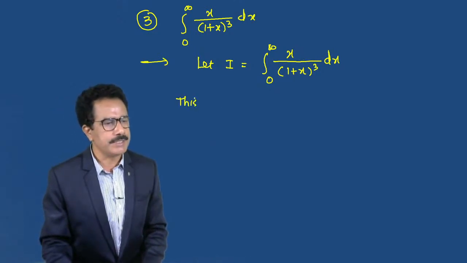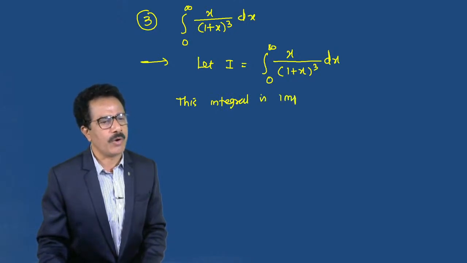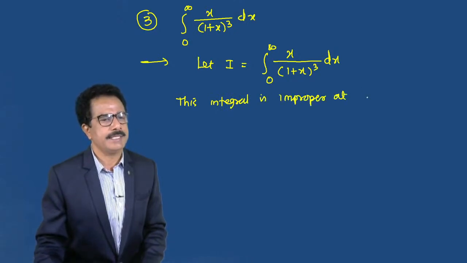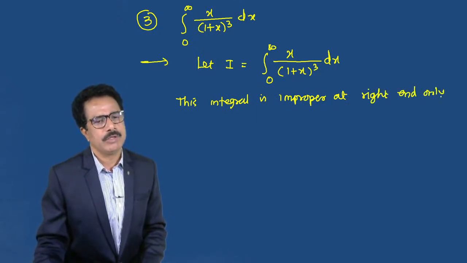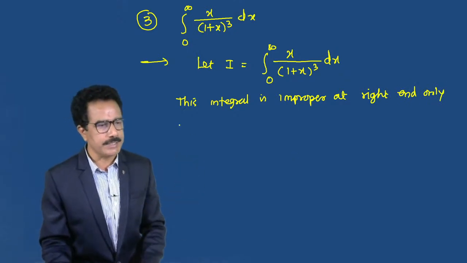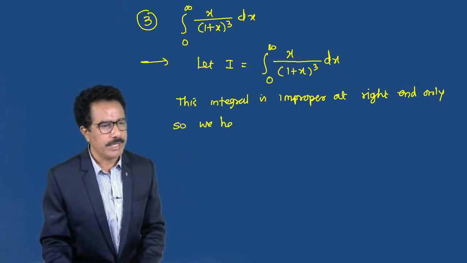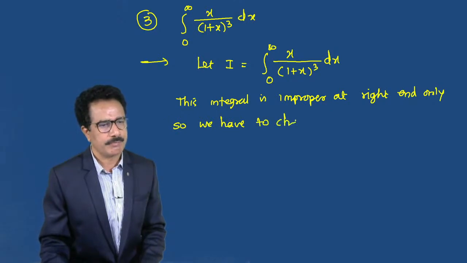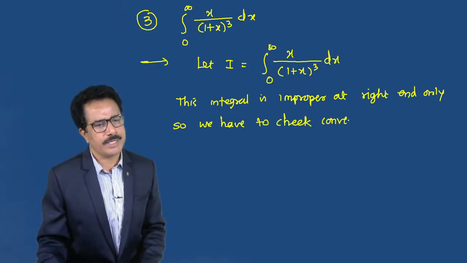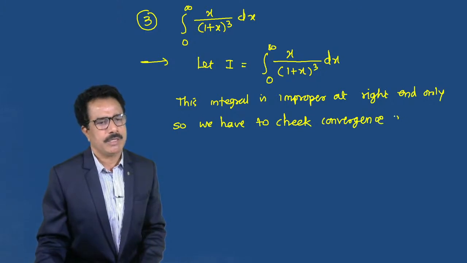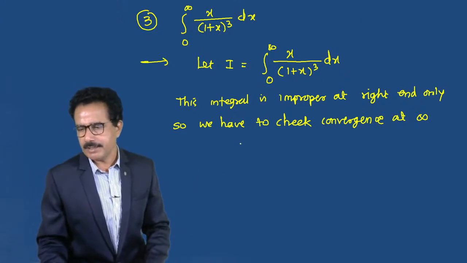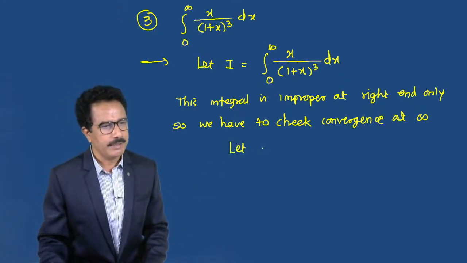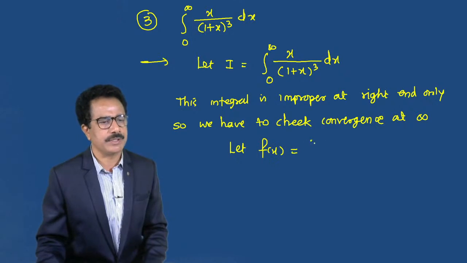This integral is improper at right end only. So we have to check the convergence. So we have to check convergence at infinity. So we consider the another function, that is here let suppose f of x is equals to